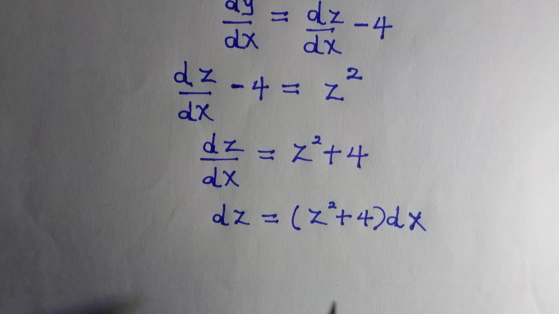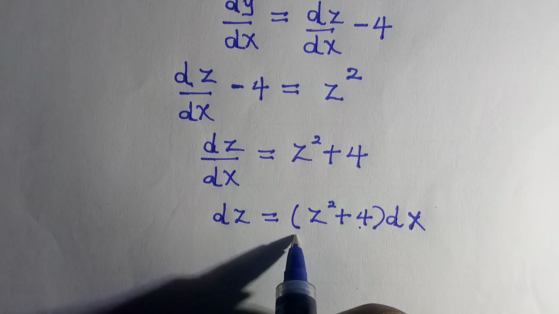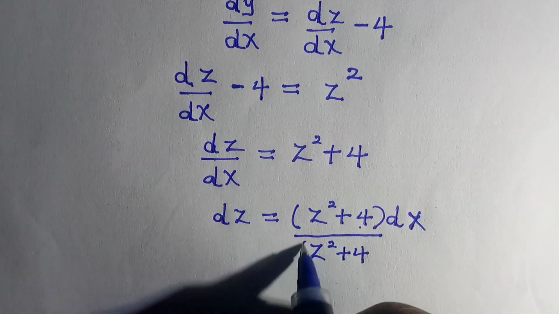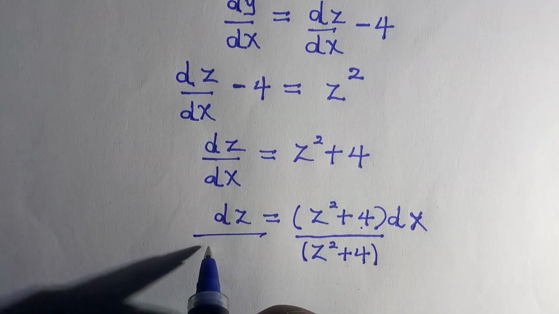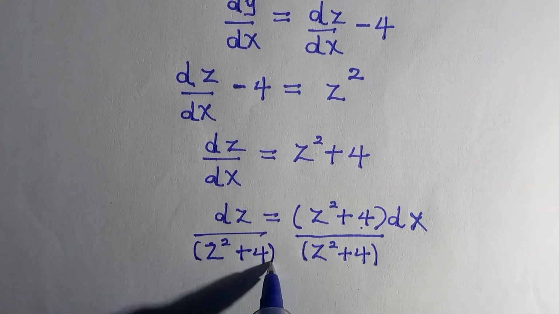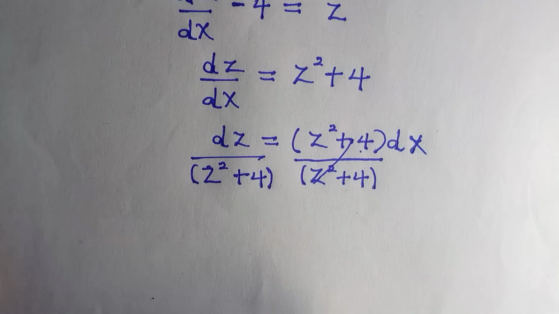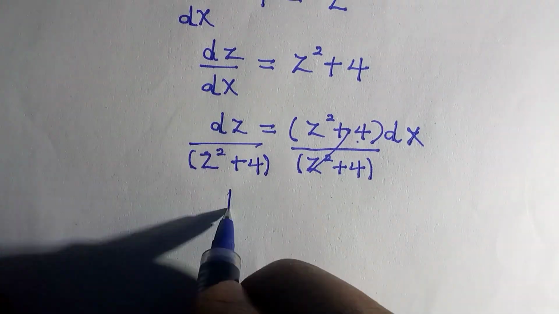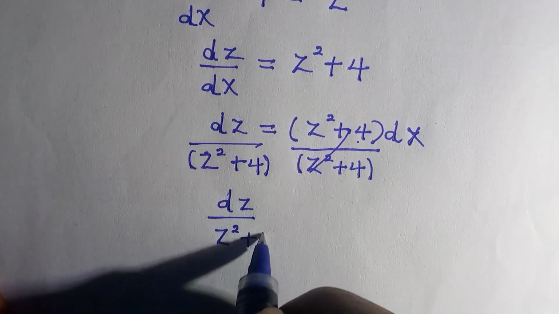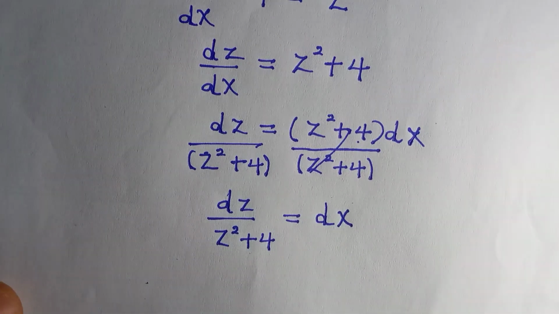Since we have the derivative of z here, by dividing through we have z squared plus 4 in brackets, and for this one as well, we have z squared plus 4. If these two go, we have dx only, and for the other side we have dz divided by z squared plus 4, everything equals dx. Then